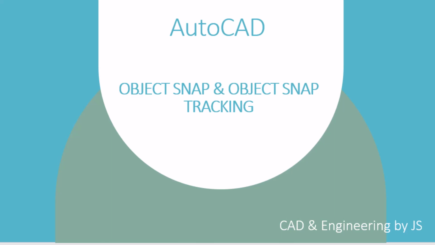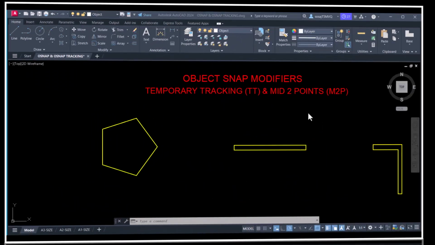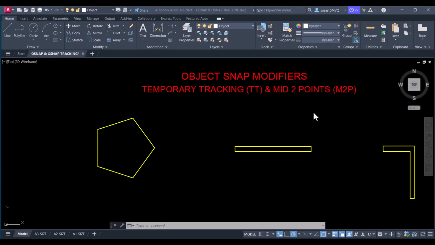This is the second part of the video where we learn about ObjectSnap and ObjectSnap tracking. The ObjectSnap modifiers work with other OSNAP. For example, the temporary tracking allows you to track a selected point in a polar direction from any point you